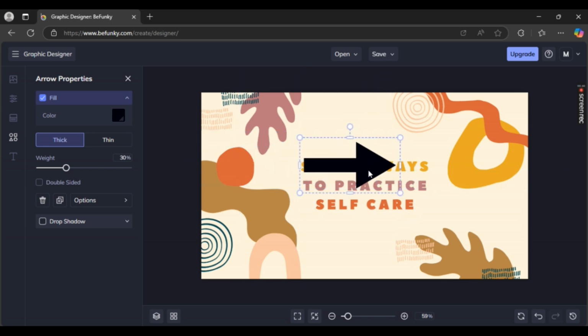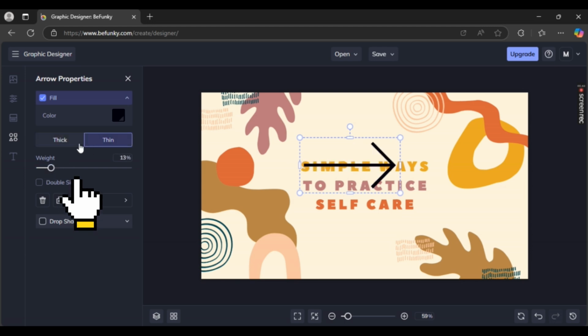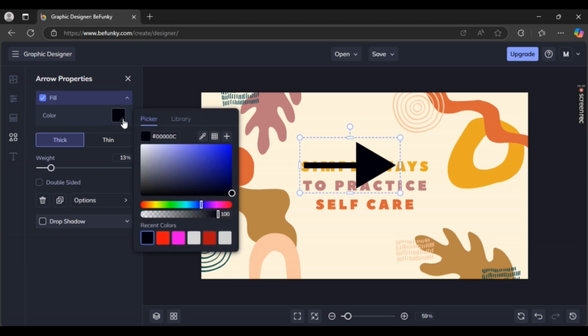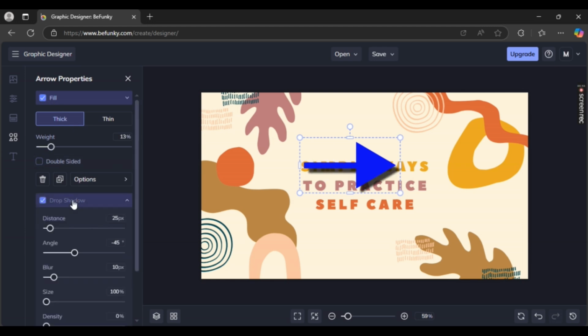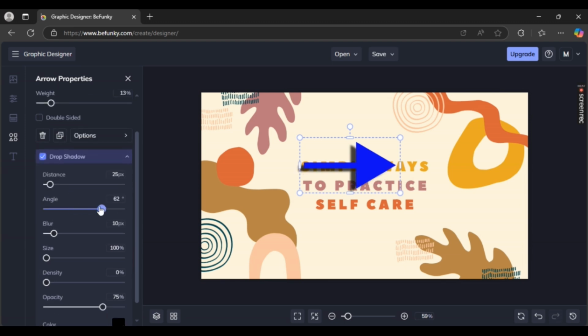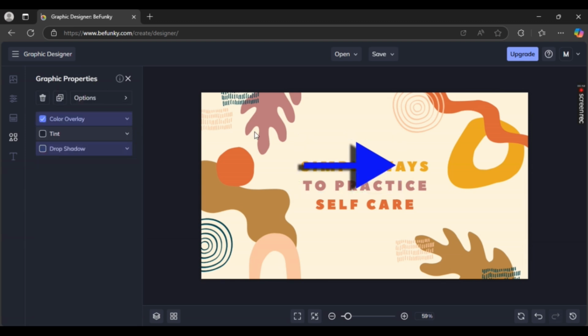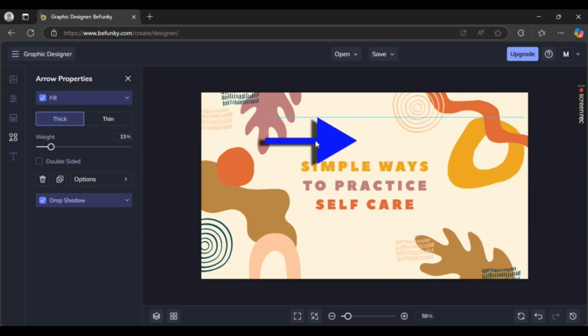Now, you can edit its properties. Maybe its weight, maybe make it thinner or thicker, and also color. You change the color accordingly, and that's it. You can also make it double-sided, and so much more. Maybe even drop shadows. So once you're done, just simply adjust it accordingly and click on save right here and